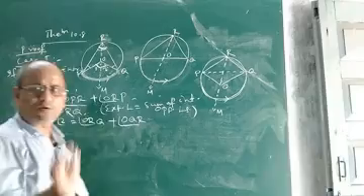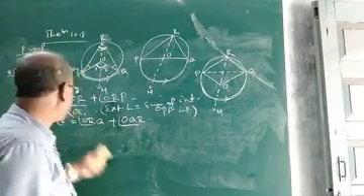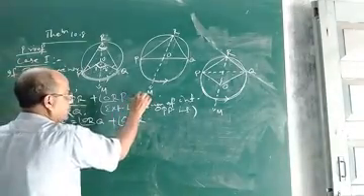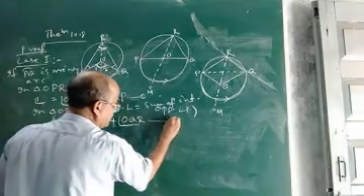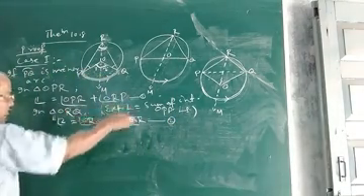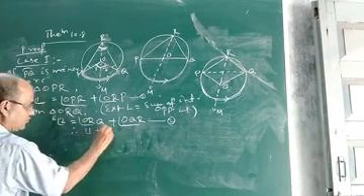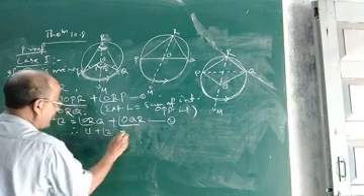Okay, so now what will be our next step? What to do? Now you add the two equations. This is one equation. Suppose this is equation 1 and this is equation 2. Now on adding equation 1 and 2, what will we get? Therefore 1 plus 2, look at what we will get.